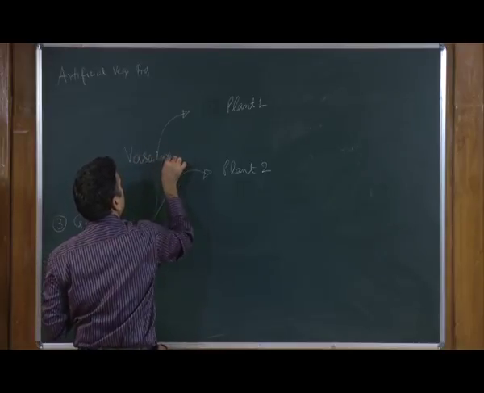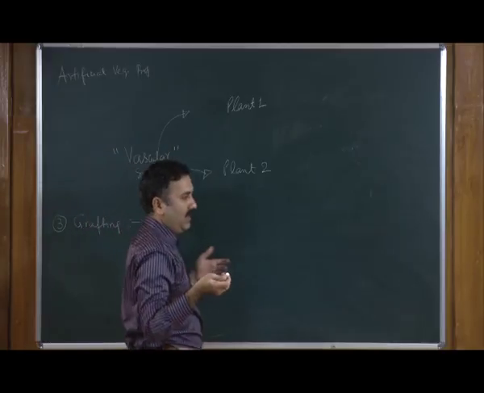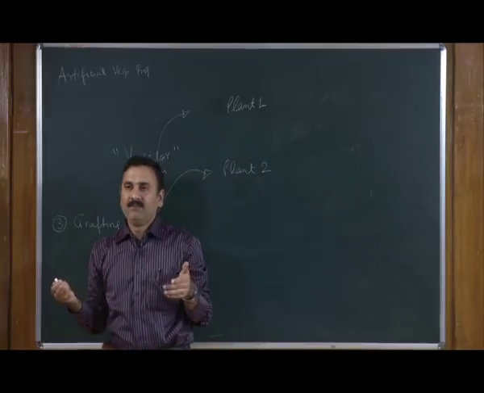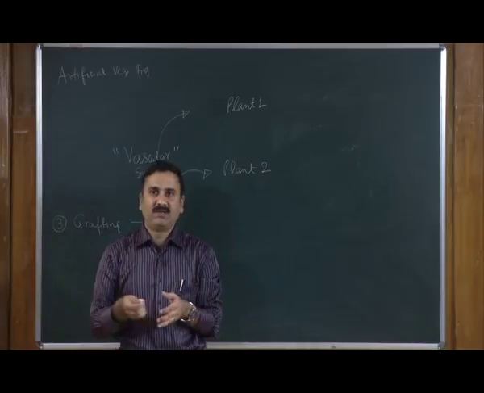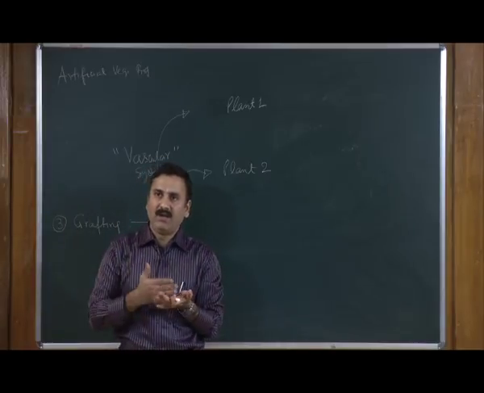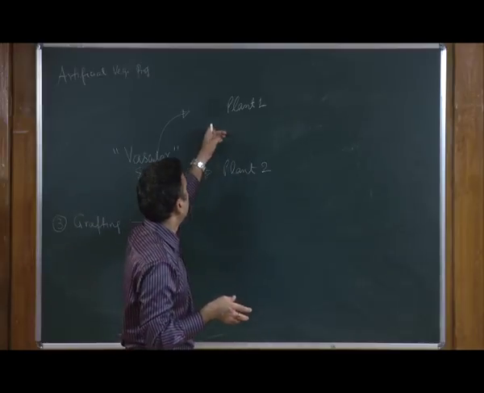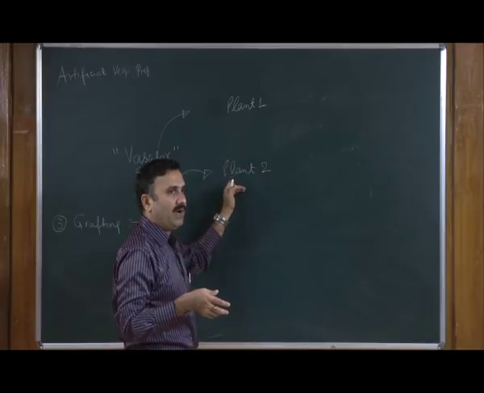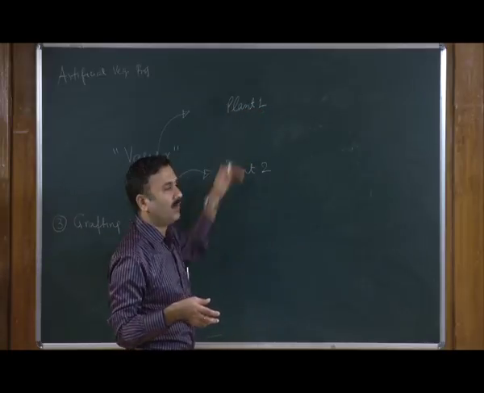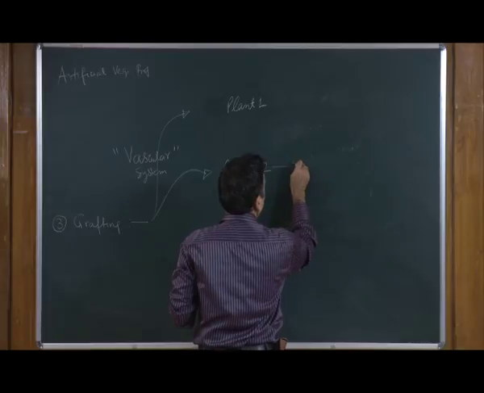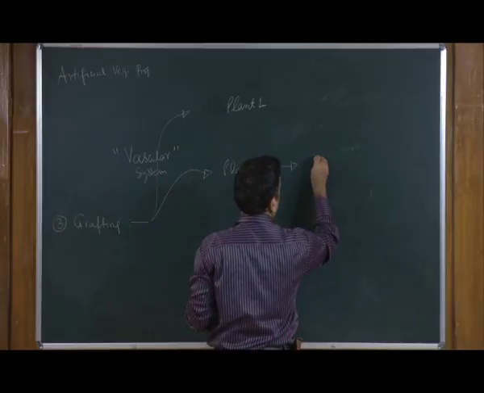You cannot use two plants with different vascular systems. When I say vascular system, you can take two plants of the same species with a similar vascular system, meaning the arrangement of the xylem, phloem and cambium should not vary between the two plants, because you are using one plant to provide some features and the other plant for other features. The plant which works at the bottom is called the stock,